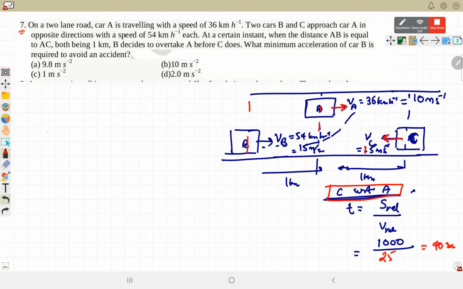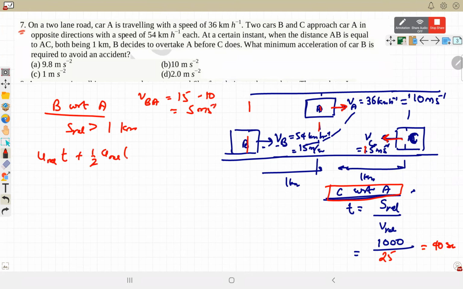In those 40 seconds, the displacement of B with respect to A, S relative, has to be greater than 1 kilometer. S relative is u relative t plus half a relative t square. The velocity of B with respect to A, because it's in the same direction, is 15 minus 10, that is 5 meter per second. We use now the equation of motion, and that should be equal to 1000; in fact, it should be greater than 1000. So u relative is 5, t is how much? 40 seconds. So we can put 5 into 40 plus half